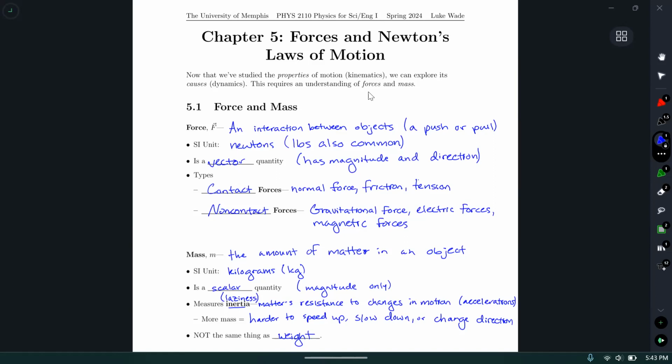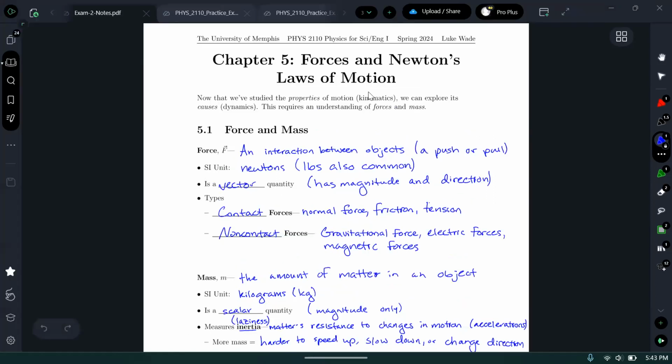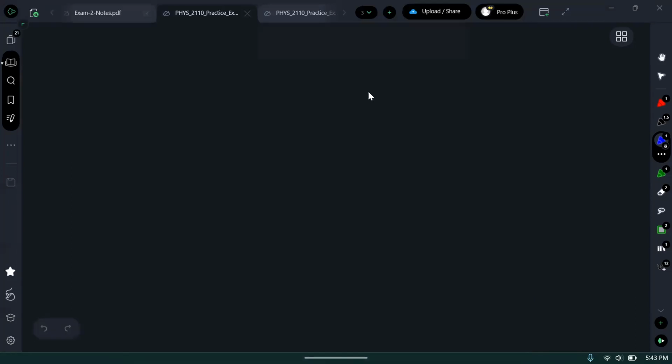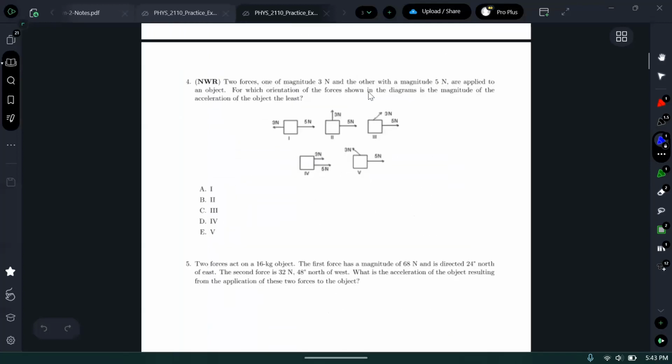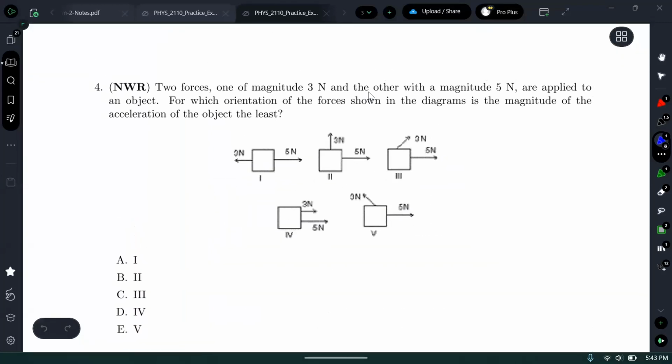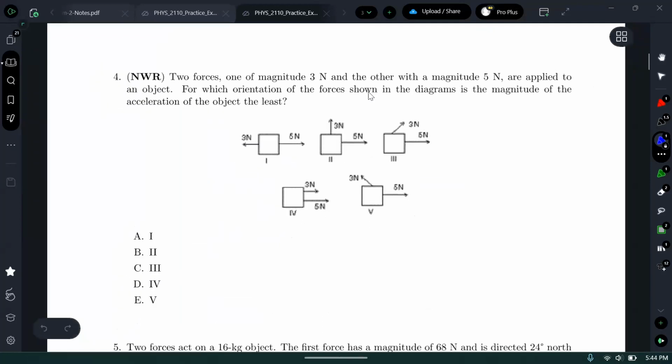Yeah, I have a question about the practice exam, question number 4. What I have problems with is when I see questions like this where I have to make a free body diagram, I don't know where to start or where the arrows go and whatnot. Okay. So for free body diagrams, the general process is your first step is to figure out what it is